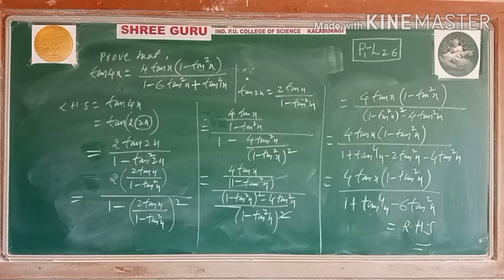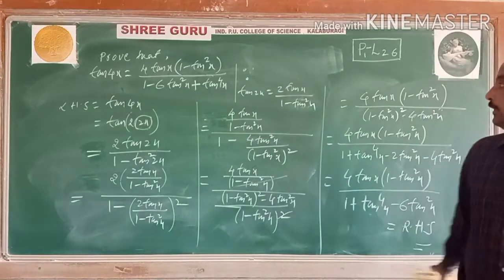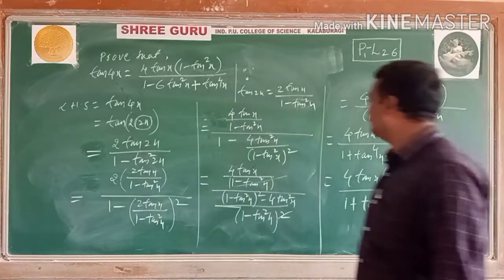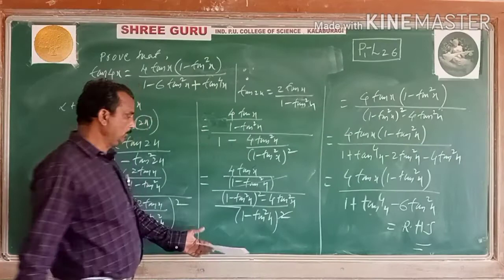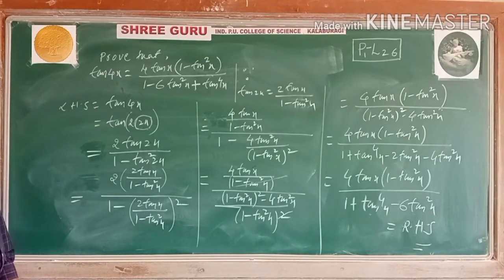Let us see one more example, students. This is tan of 4x. Is it clear? This simplification gives tan 4x in terms of x. These are algebraic steps, algebraic simplification of both numerator and denominator, using the (a minus b) whole square expansion. Next, we'll go for one more example.